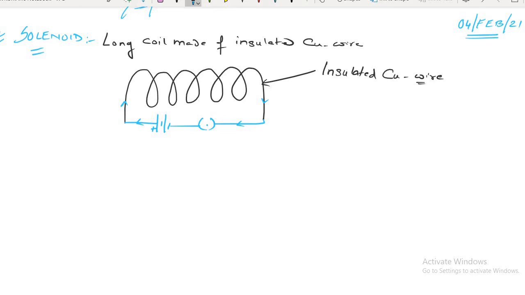This solenoid will show magnetic properties. Yes or no? That means this solenoid will have some magnetic field lines. So the magnetic field lines of the solenoid look somewhat like this.